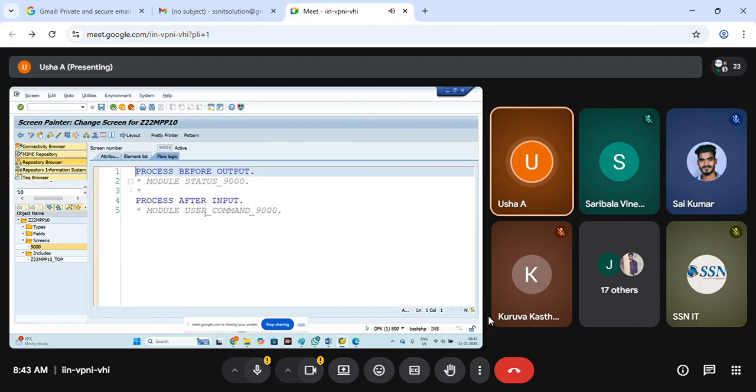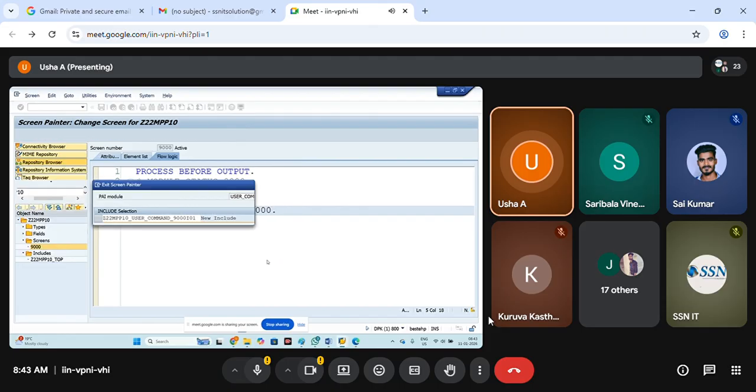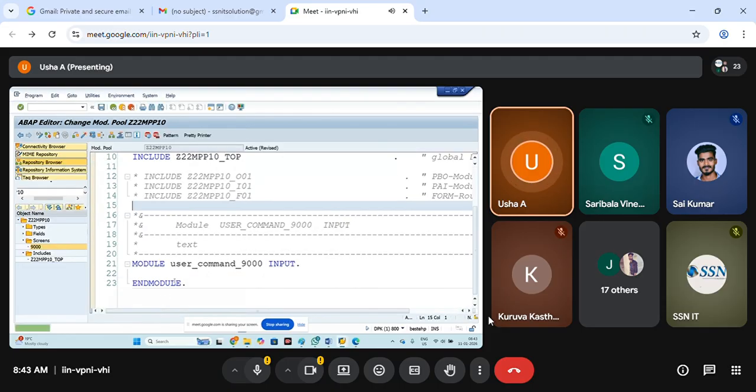Then I'm just going to the screen. Now, whenever they give VBELN and click on the display button, you need this action in PAI. I'm just going to write it, choose the same main program, save it. What is that?